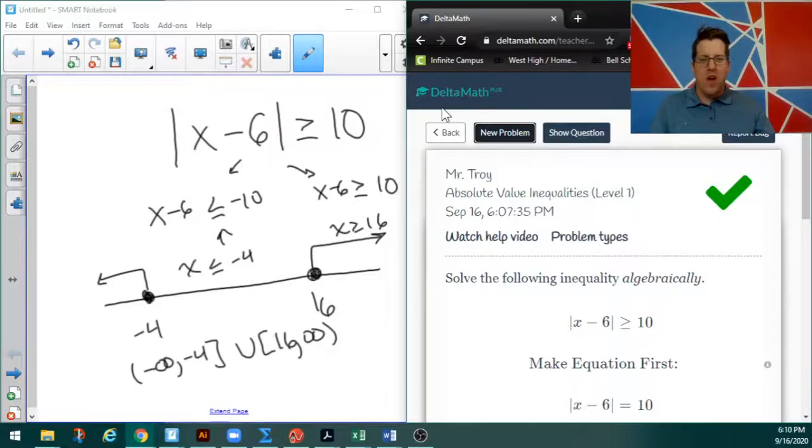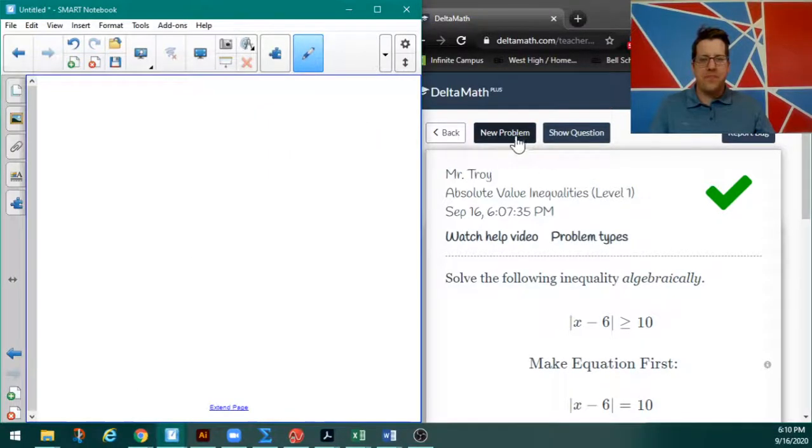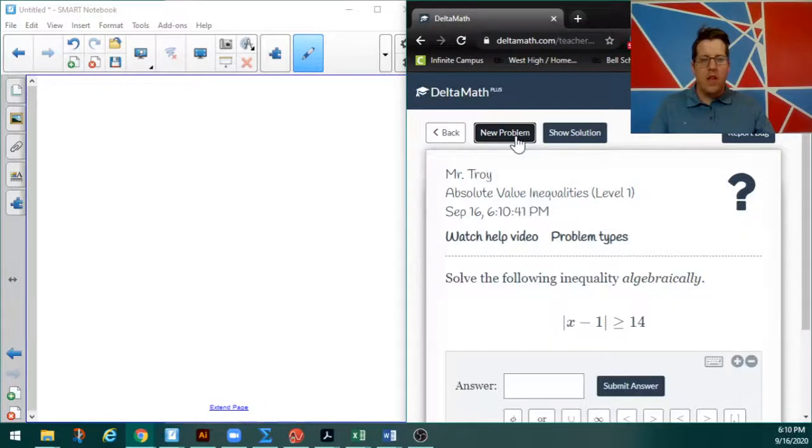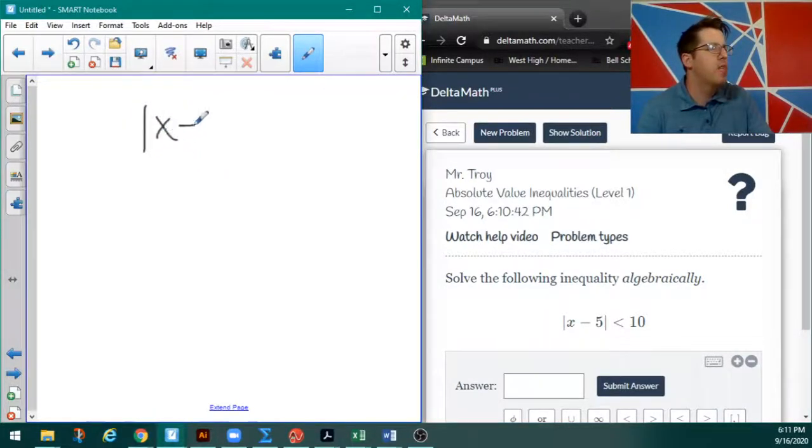Hey-o. All right, let's try another one. Again, I haven't seen these before. And let's try one where the sign is the other way. There we go. Okay, my next problem is the absolute value of x minus 5